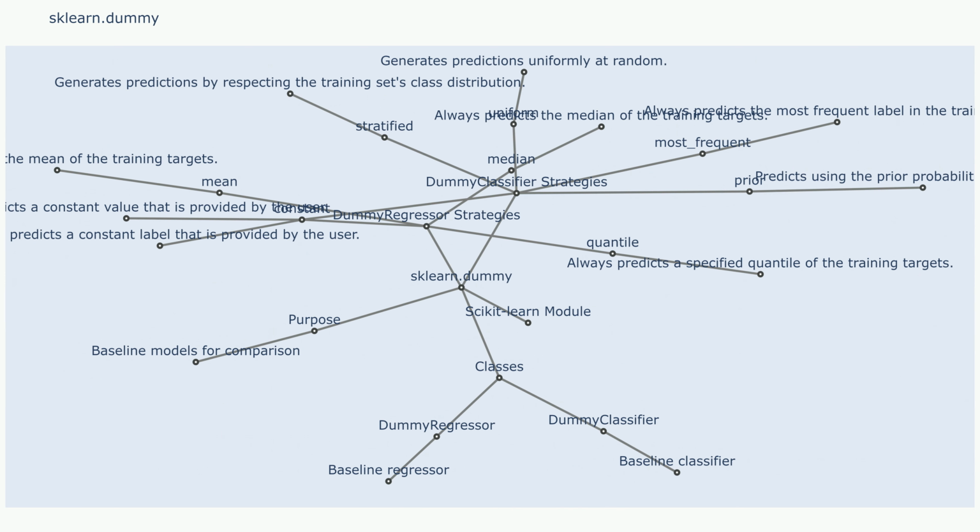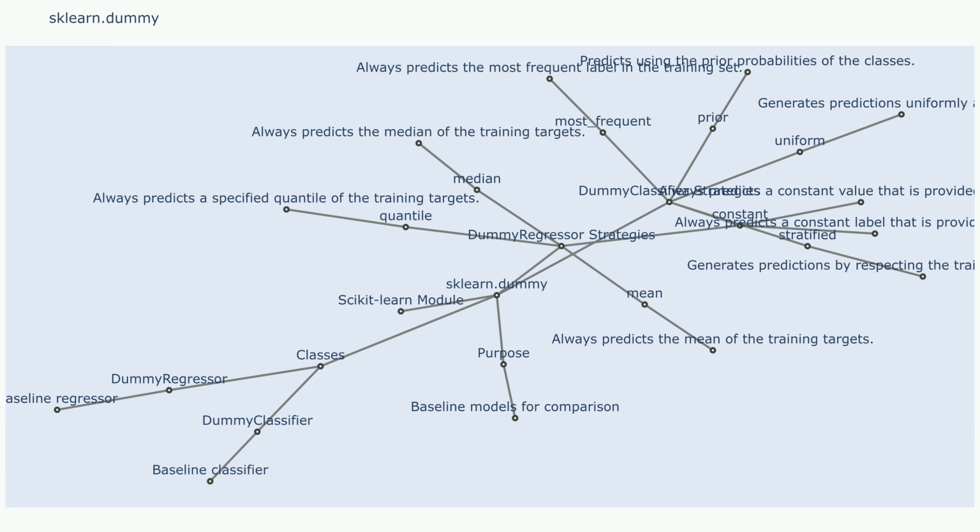This code demonstrates creating a dummy classifier that uses the most frequent strategy, fitting it to the training data, and evaluating its performance on the test set using accuracy. In conclusion, sklearn.dummy provides a simple but valuable tool for establishing baseline performance in machine learning. It allows you to compare your model's performance against a non-learning approach, providing insights into its effectiveness and identifying areas